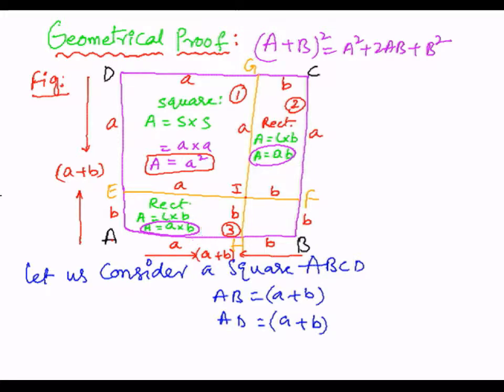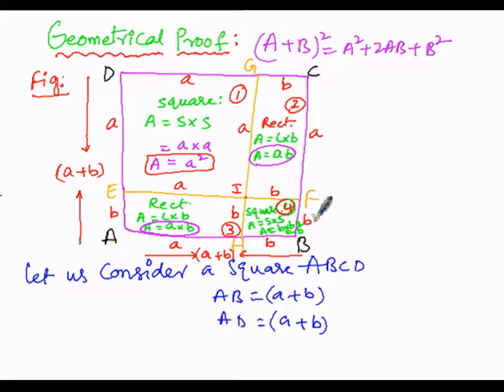Then the next figure is the fourth one. In this figure, HB is B units and the adjacent BF is also B units, and since these two adjacent sides are each equal to B, all the sides are equal, so it will come under the figure called the square. So the area of the square is side into side, that is B into B, that is B square. In this manner we got the area as B square for figure number 4.